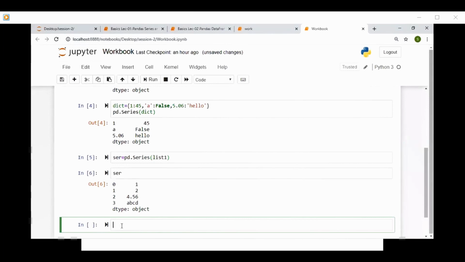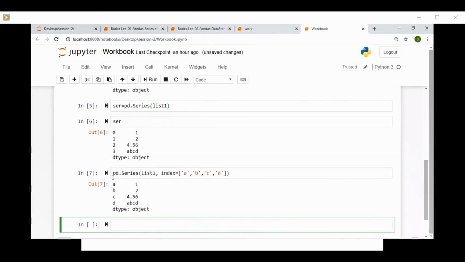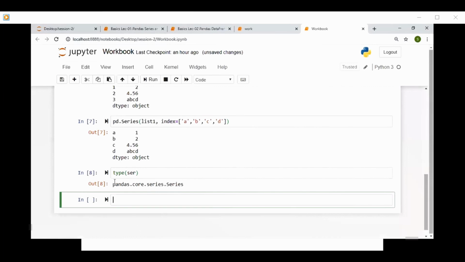What you can do is pd dot series, pass the object, and you have to pass a list or a tuple of the elements which you want to keep as index. Say I want to keep index as A, B, C, and D. How many of them? There are 4 variables. See, the indices have changed to A, B, C, and D. Okay. You can check the type of ser, Pandas, it is series.